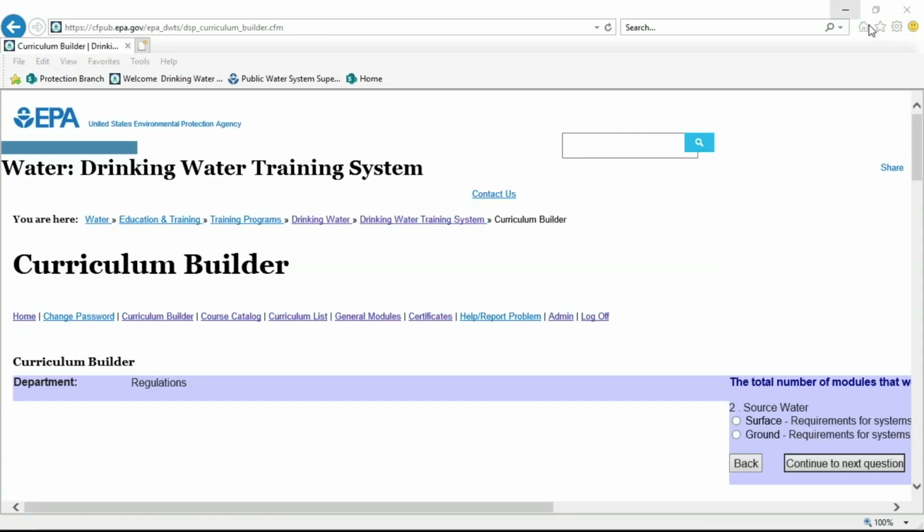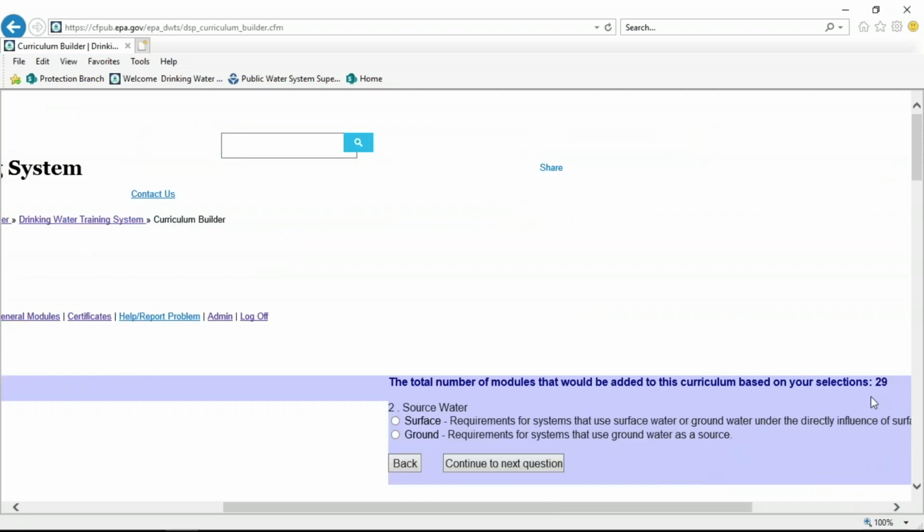I'm going to see if I can move this up here. As you're moving through the questions, what I wanted to point out is it's also telling you how many modules there are. There are over 120 modules initially. So by answering that first question, I just cut things down to 29. If I was interested in doing surface water systems,